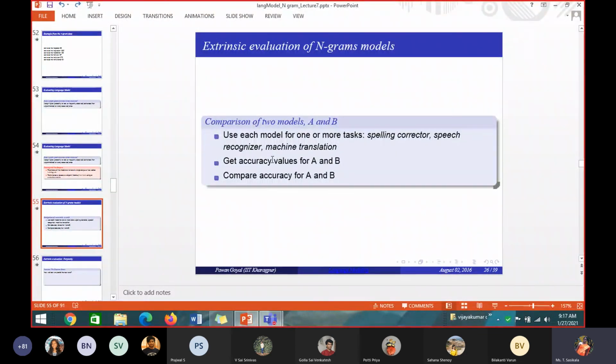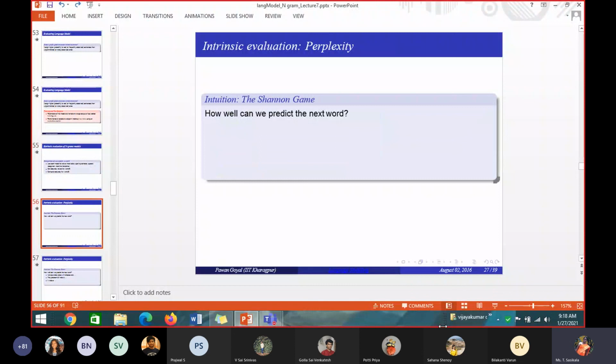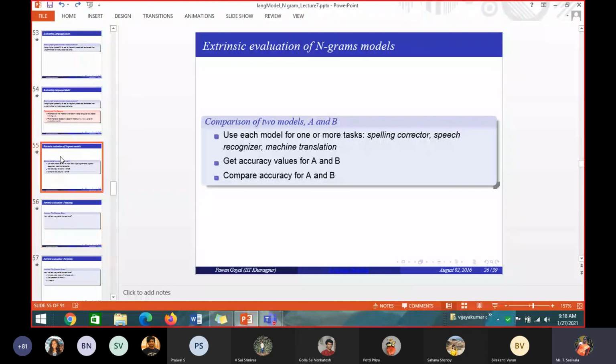This is how we can evaluate using the extrinsic method. And the intrinsic method, I will tell you in the next class. Okay, and it's time now. So once you have constructed some language models, with the extrinsic method you can find out the performance by giving some application to the different models separately and calculating the performance for each model. For example, if model A is giving 91% accuracy and model B is giving 80% accuracy, then model A is best when compared to model B.